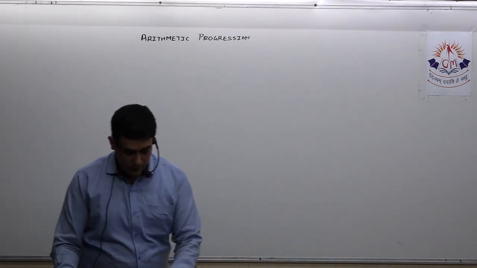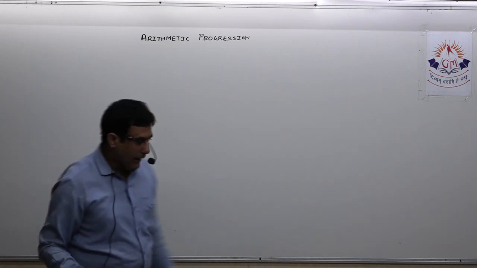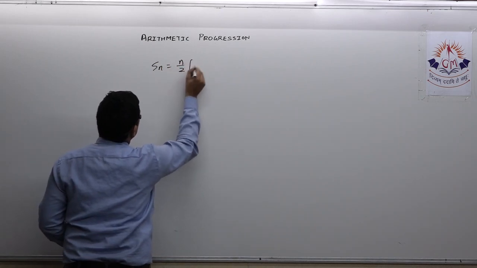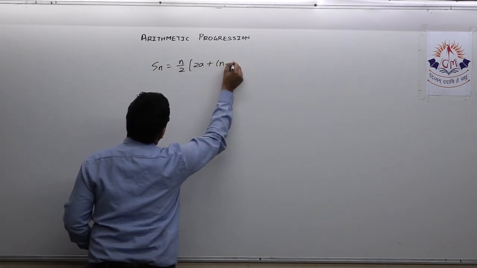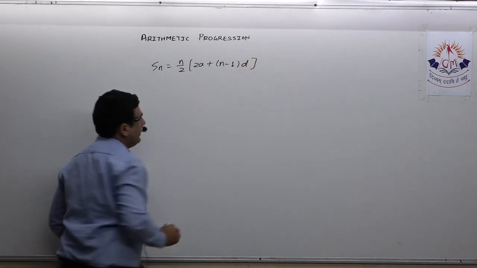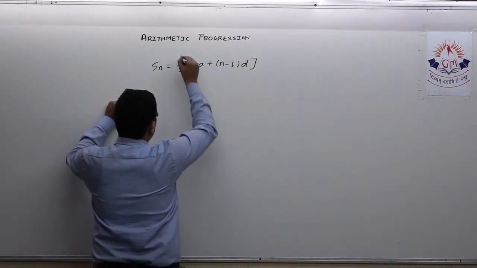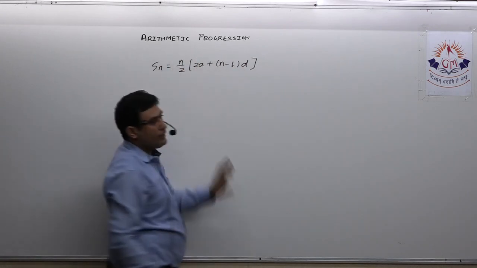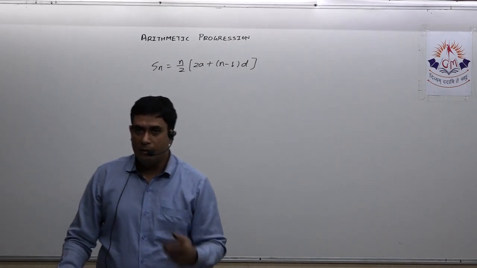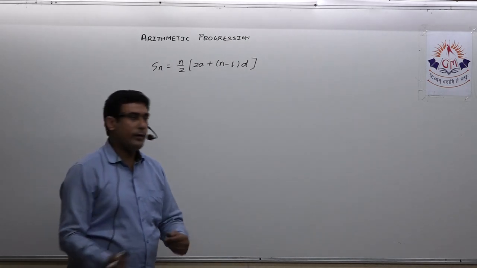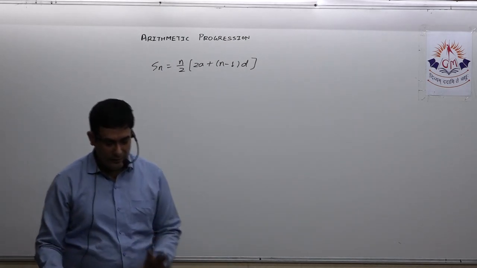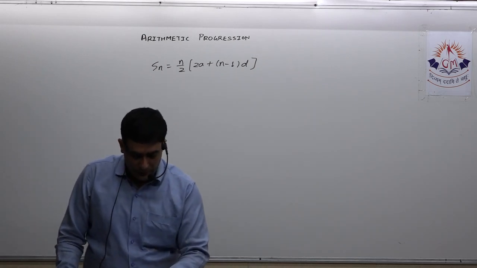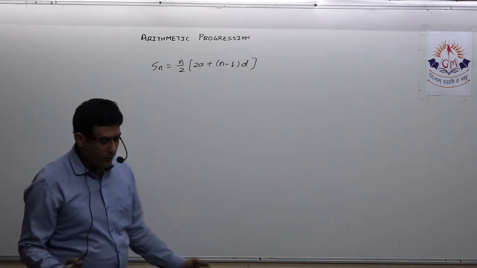Okay, now let us see the next type of question. Again, if I use this formula, Sn is equal to n by 2 (2a plus n minus 1 into d), now if you observe carefully, we have n, we have Sn, we have a and d. That means 4 variables are there. Using this formula, 3 variables will be given to you, and you have to find the value of the fourth variable. This type of question is given in question number 28 in your material. So we'll see one or two questions.